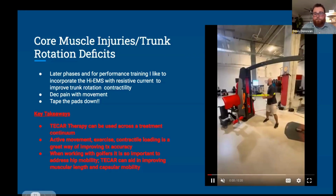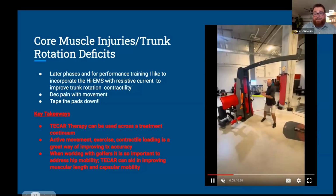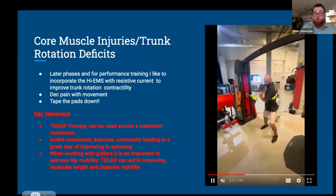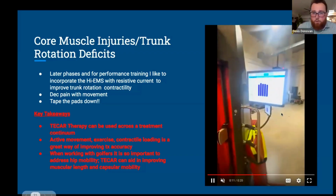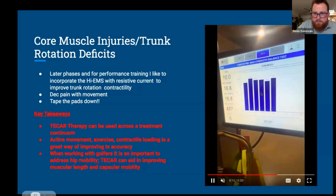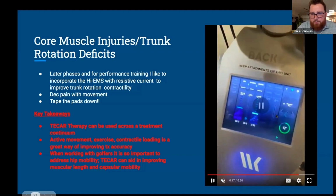So you can see here, I have those pads positioned the exact same way they were in the previous videos, with one on the right side of the core, one on the left side. He's going through that rotational exercise, and I'm going to pause here because again, I'm working at a high level of heat with the boost at around 50%,